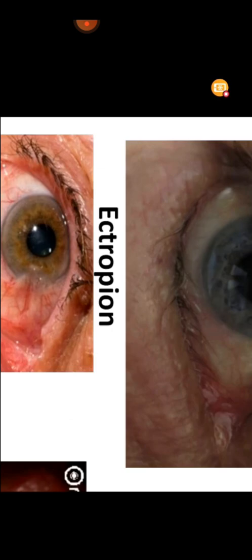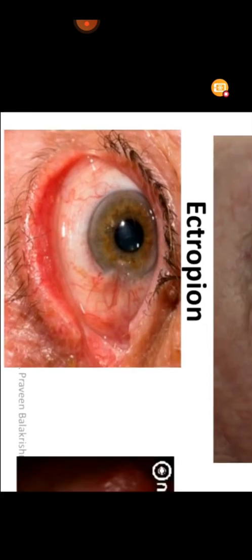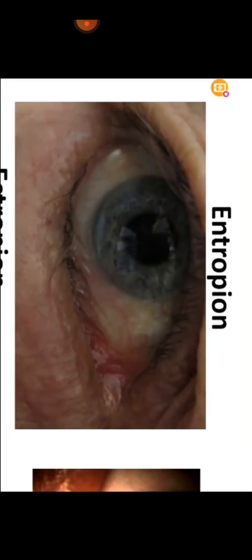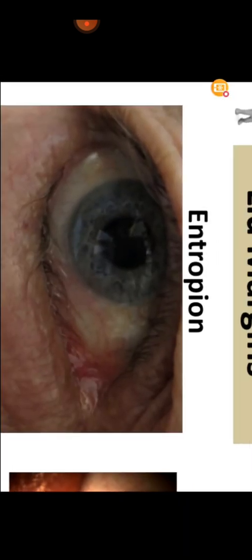Now you see the reverse of this. The eyelid margin has been turned extra outwards, as you can see in this picture. This is called ectropion. So what is the problem that will happen in an entropion person? Because there are eyelashes, these eyelashes will be rubbing over the cornea and over the conjunctiva, and there will be constant